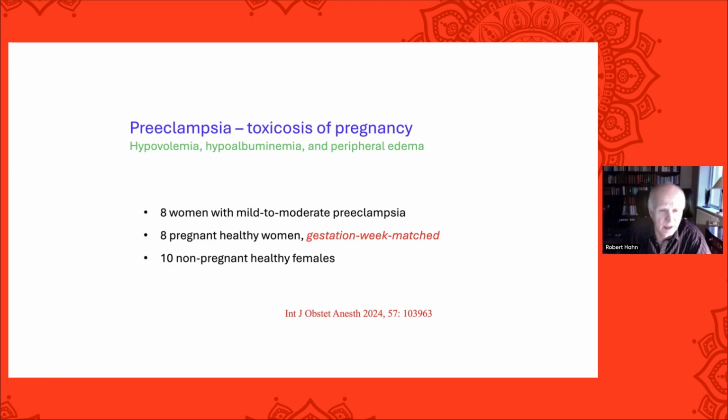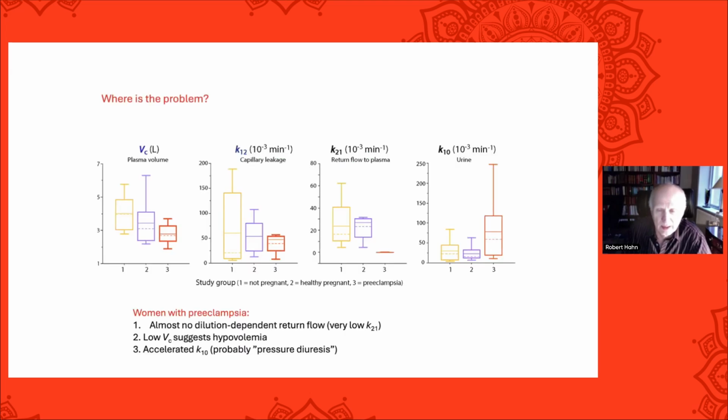Toxicosis of pregnancy, and here I've compared women who are healthy with pregnant women and with women who have mild to moderate preeclampsia. If we do volume kinetics on this as a group, and we use covariate analysis to see what is the difference between the fluid distribution in these women, we can get a curve. It's a little complicated. Maybe you have been confused by this, but this is the healthy women, the yellow one. This is the blue one. That's the pregnant females, and this is the group of women that have